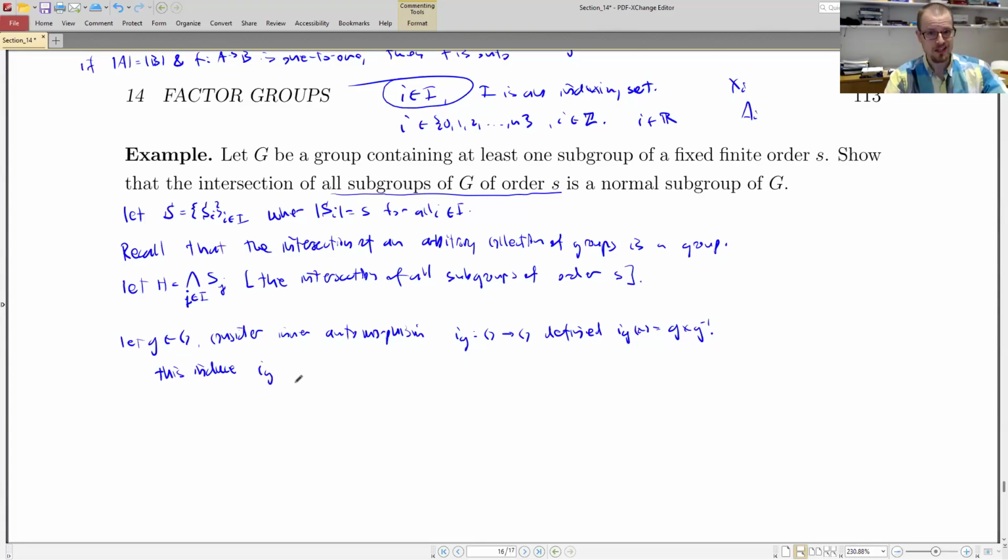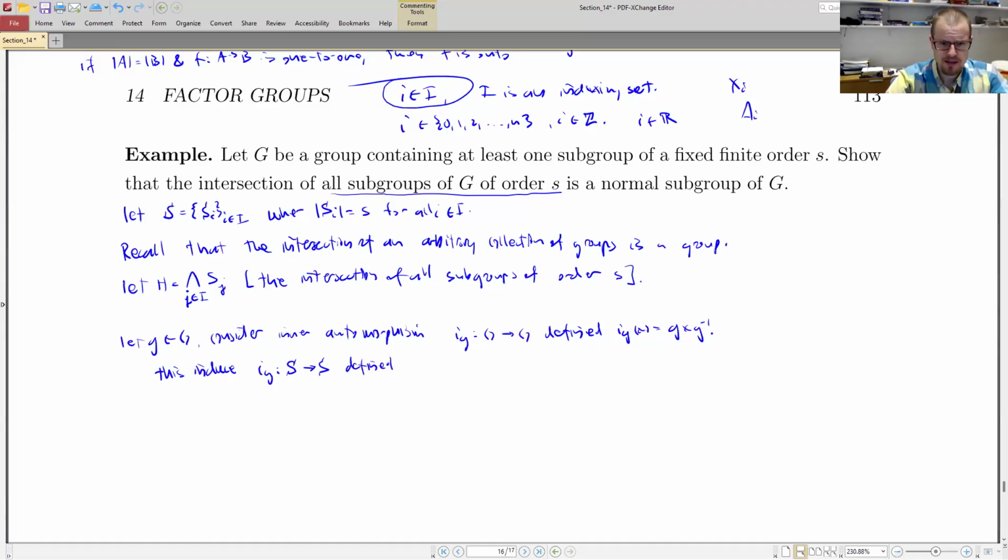It comes with the same notation, which is a little bit weird, but it'll make a lot of sense in just a moment. But this induces a function from S, capital S, to S, the collection of all subgroups of order S,